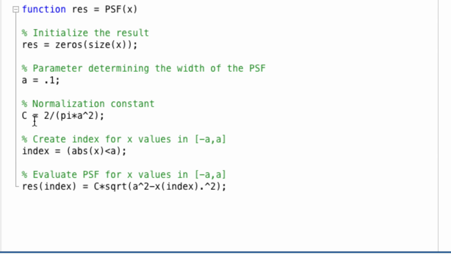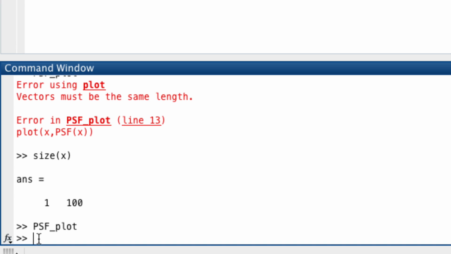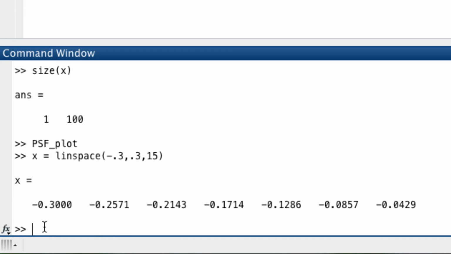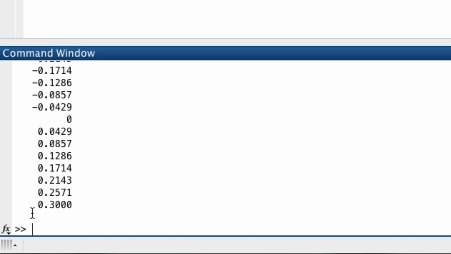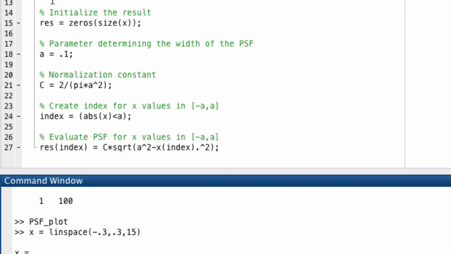So actually, let's take here some x equals linspace from, let's say, minus 0.3 to 0.3, and let's take 15 values. So then we have an x like that, or let's make it a vertical vector so we can more easily see it. So here we have such x points, and now if we make the index trick that we have here,